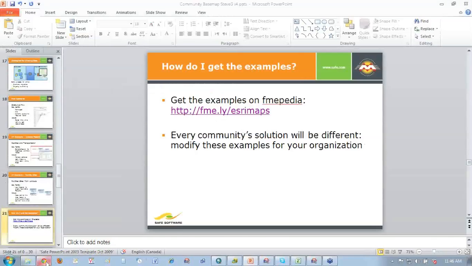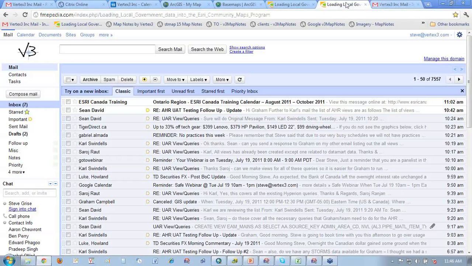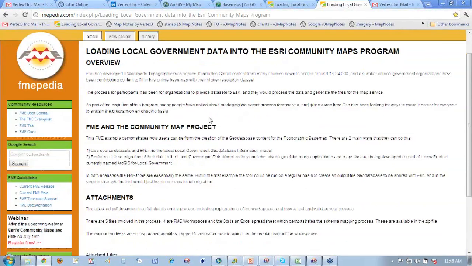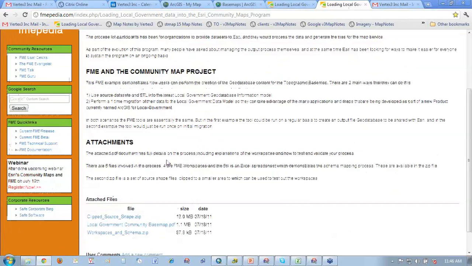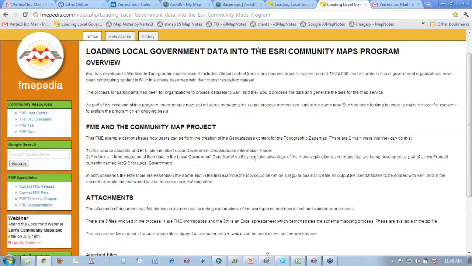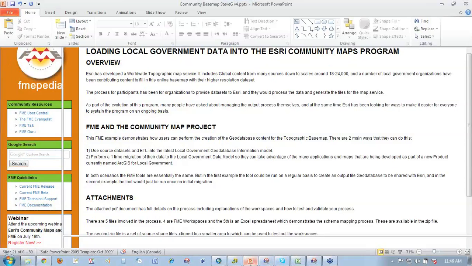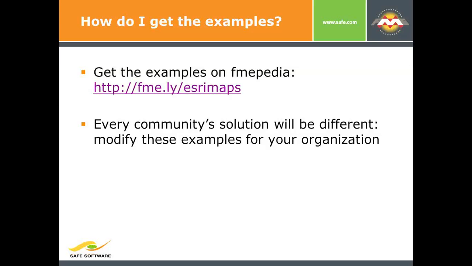But if you actually want to go look at it, you can download some of these examples, like the data sets and the FME mapping files, if you use that link. You can get yourself over here and download the examples and take a look at them for your own purposes. And I do want to point out that if a lot of you are already familiar with FME, you'll know that everybody's shapefiles on the left-hand side are going to be a little bit different.